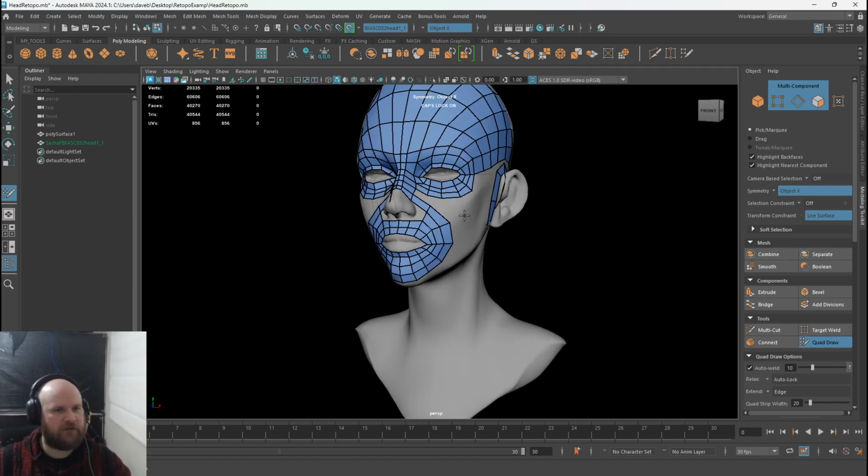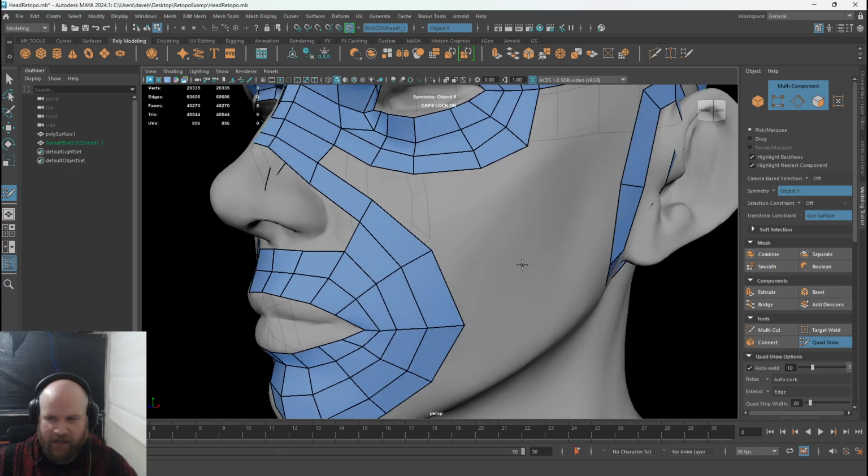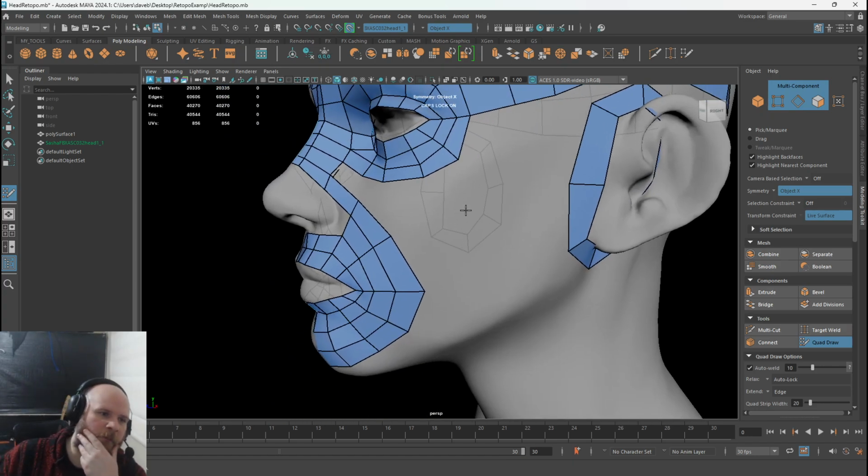Now we've got quite a lot of this done, and I can go and do some other stuff, but I've got to make some decisions at this point, mainly around the face, so around the cheek. This area in particular can often stump people quite a lot because it's the transitional area. You've got edges coming in from the eye, edges coming in from the ear, edges coming in from the cheek, and edges going down into the chin. So there's a lot of different edge flows overlapping here, and one thing I want to avoid is any kind of